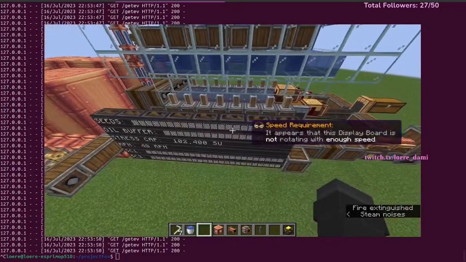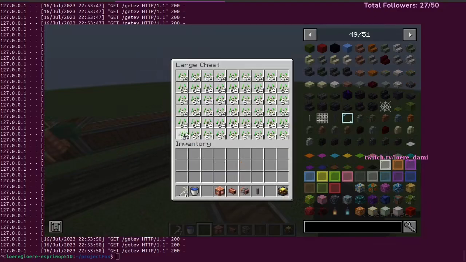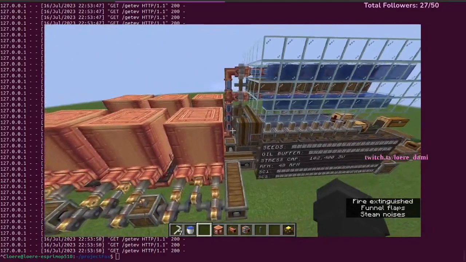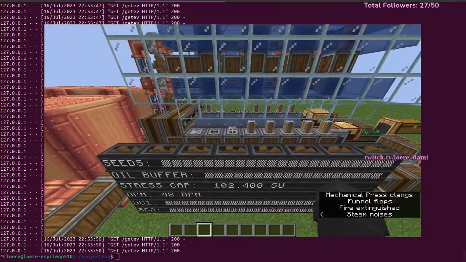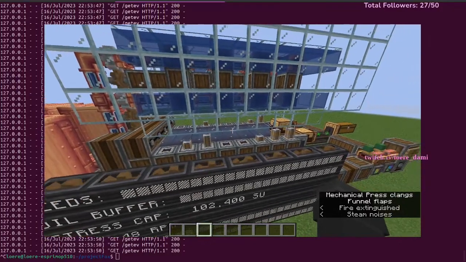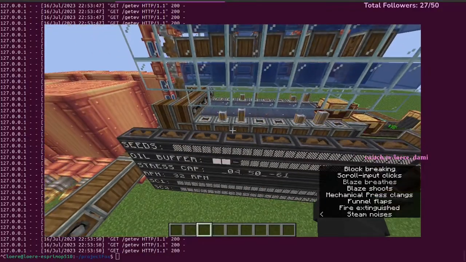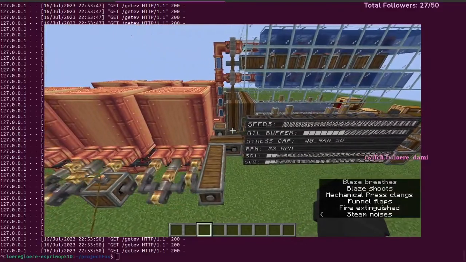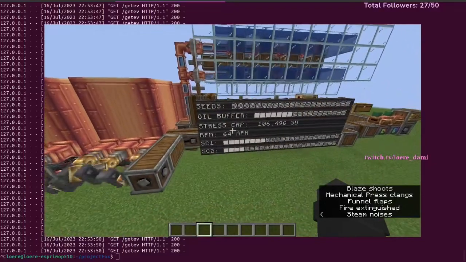Now in order to revive this machine, let's just get ourselves some seeds. This right here is going to be enough to keep this thing alive for a very long time. And it also looks very dramatic as it starts pressing those down. You can see the oil buffer going up. That means it's now going to start feeding all of the burners with oil. And just like that,